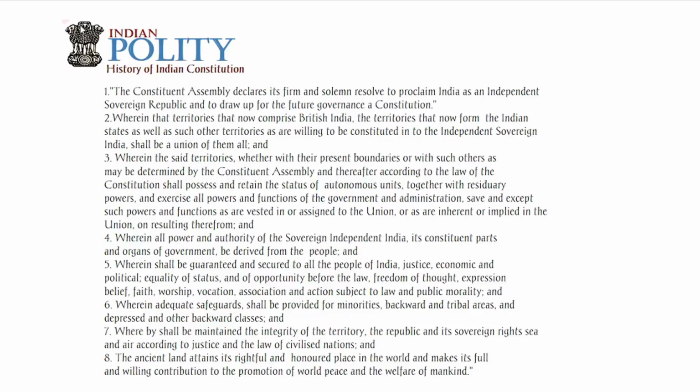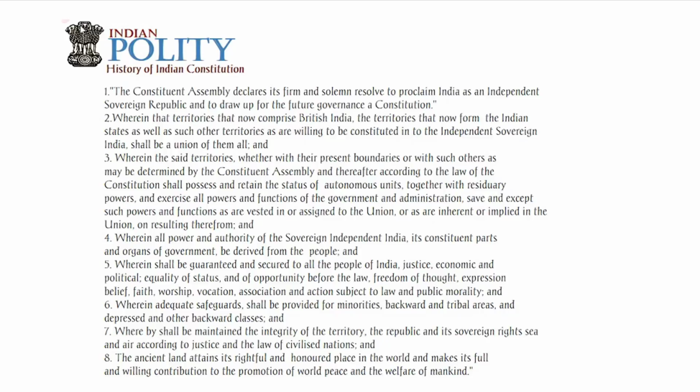whether with their present boundaries or with such others as may be determined by the Constituent Assembly, and thereafter, according to the law of the Constitution, shall possess and retain the status of autonomous units together with residuary powers, and exercise all powers and functions of government and administration, save and except such powers and functions as are vested in or assigned to the Union, or as are inherent or implied in the Union or resulting therefrom, and wherein